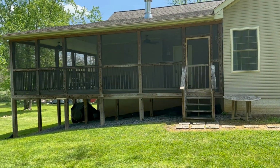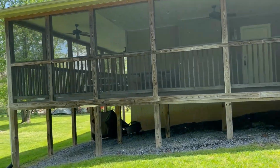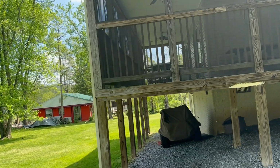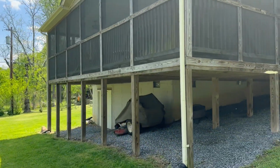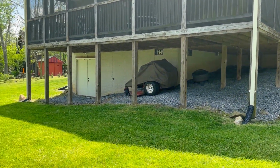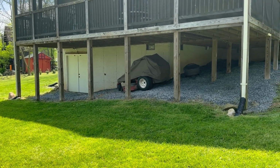It's got a huge wraparound screened in porch on the front. And it's 2 bedrooms, 2 bathrooms, about 1,250 square foot is the size of it. And then there is a full basement in it, which is unfinished and gravel, and that's purposefully because of the